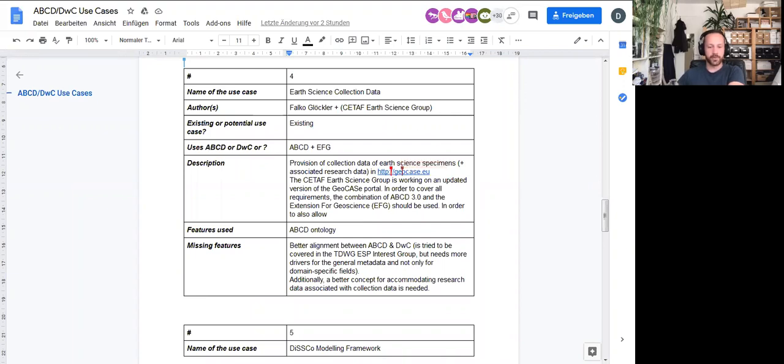And for this use case, years ago, the ABCD extension for geosciences was developed, and the CTAF Earth Science group is now